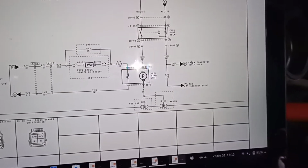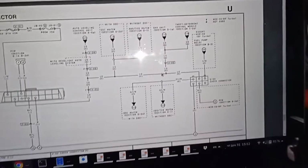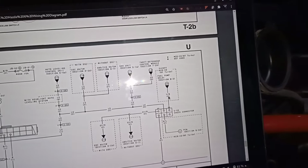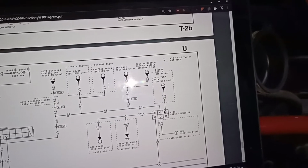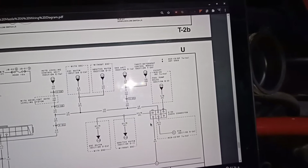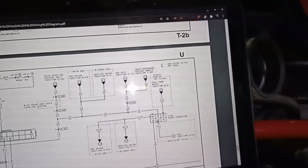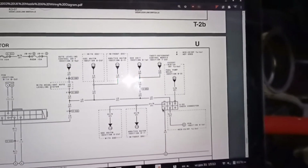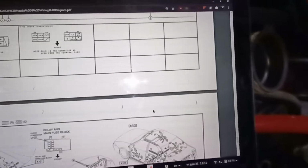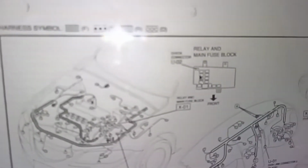And if we go there to see the 24 on the check connector, it's right here, 24 check connector. It goes in this place right here, and then there is ground coming on the opposite diagonally. So a jumper wire between those two is going to still activate the fuel pump relay on a Mazda 6 GG. And where to find this connector, if I scroll down, you can see here that is the fuse